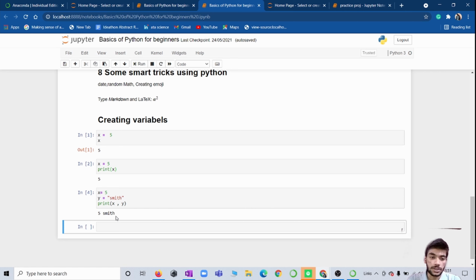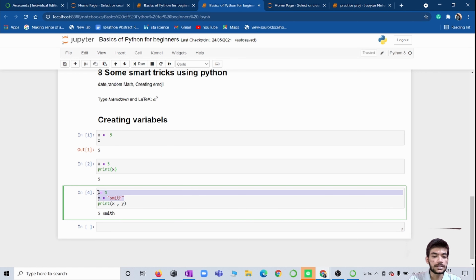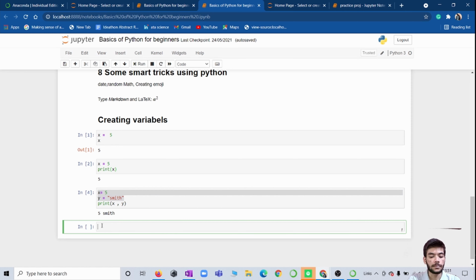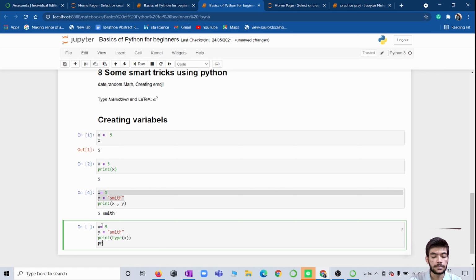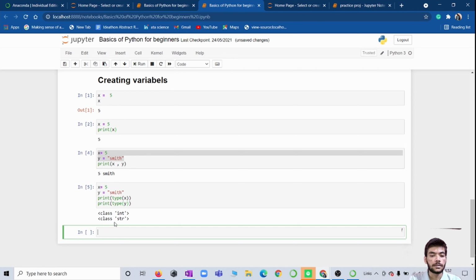If you want to check the type, I will copy this same code and hit print type of x, print type of y. Here you can see the class of x is integer, y is string.